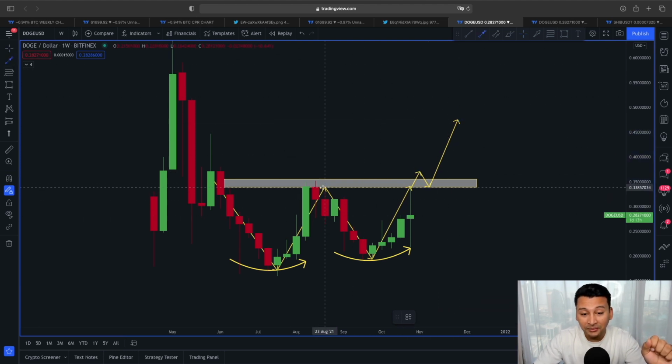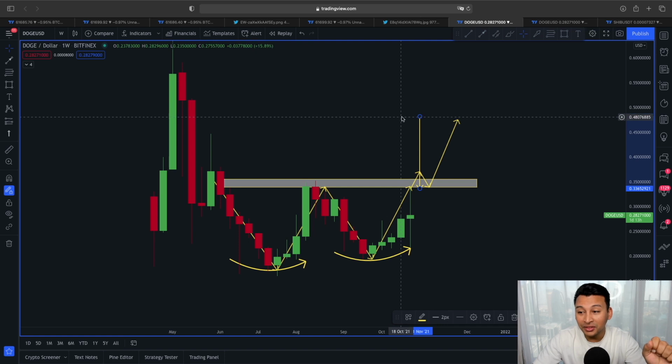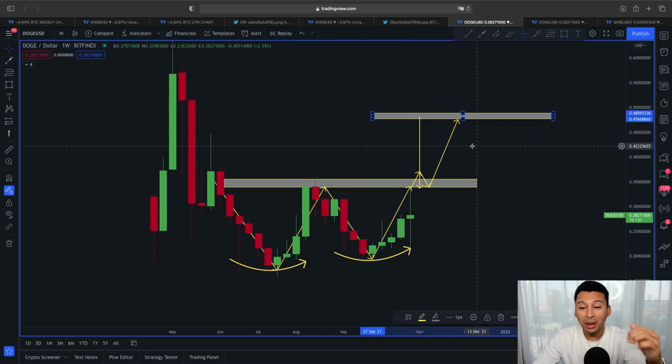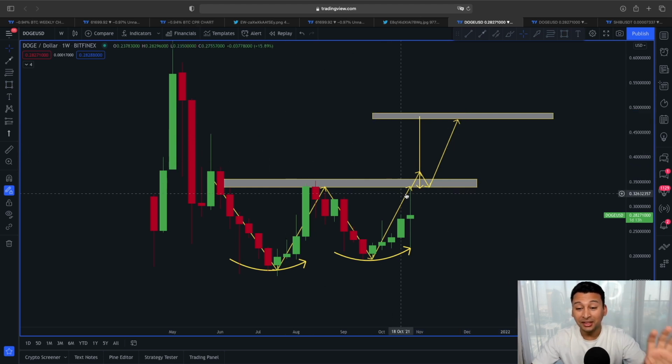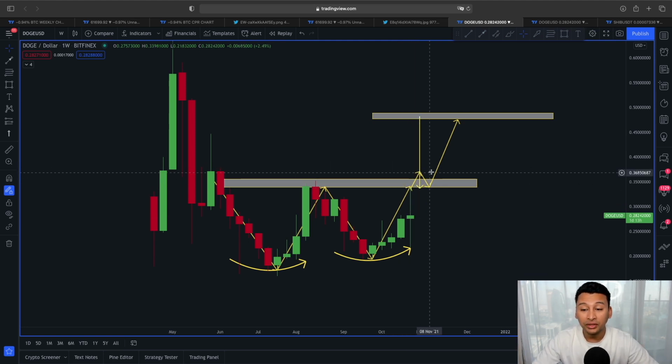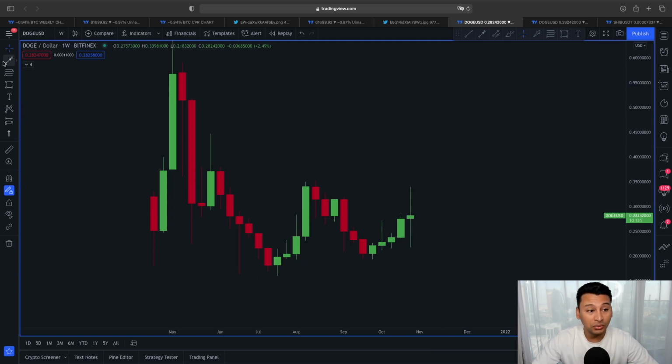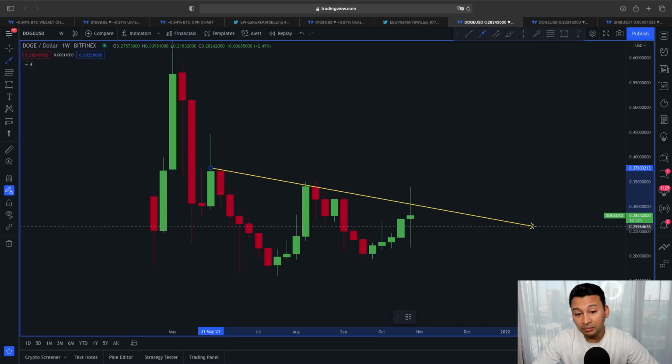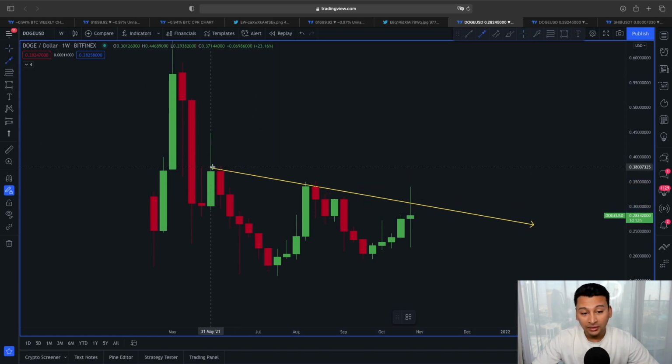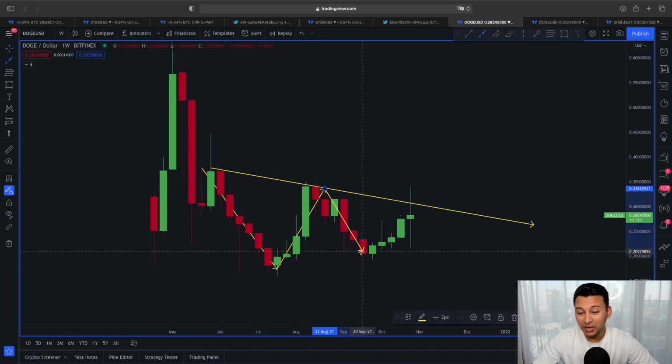Because from this neckline, if you simply look at the price target to the downside, you can see guys, the price of Dogecoin could be heading towards this 48 to 50 cent price area in the upcoming days. So in a weekly, as you can see, first the neckline resistance, which is lying around 33 cent to 32 cent, must be flipped into support for this trend continuation to the upper direction. Because if you look at this, not just as a double bottom, but also in a bit different way, you can simply add this one scenario which I just showed you guys.